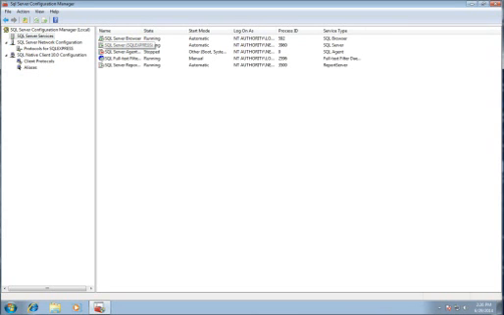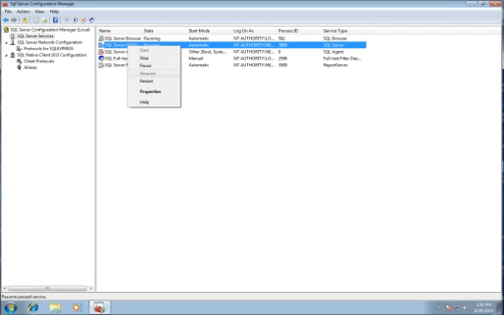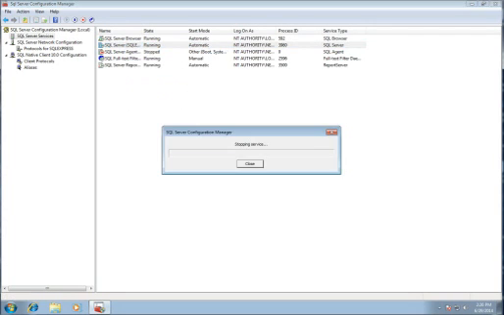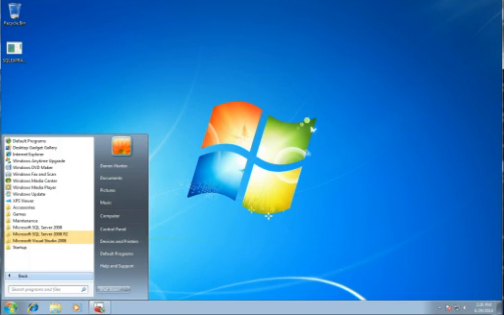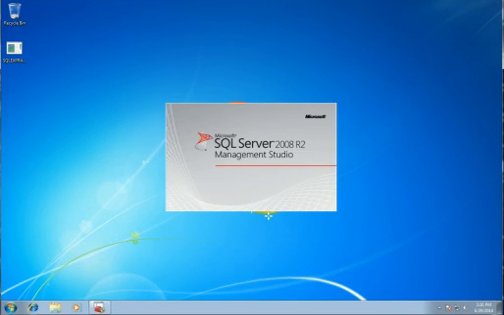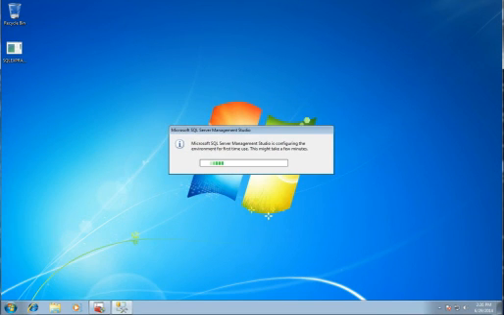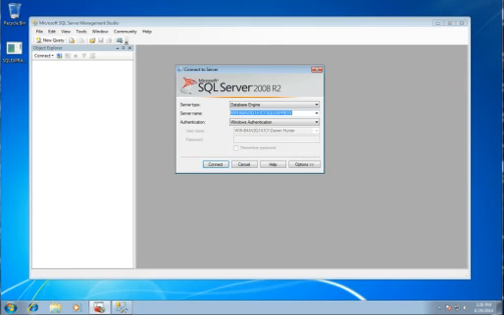The last thing to do is just to restart the SQL Server, to make sure, as it said in the message, that the services are actually running. Okay, now if we fire up SQL Server Management Studio, I'll pause the video at this point because you don't really want to see this. Give me a sec. It's just doing the pre-configuration, so we'll pause it till it's done. Pre-configuration's done, so